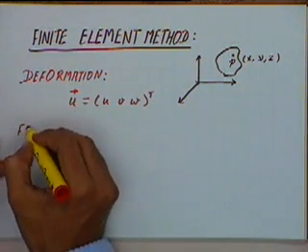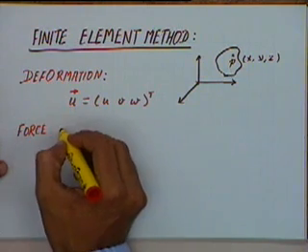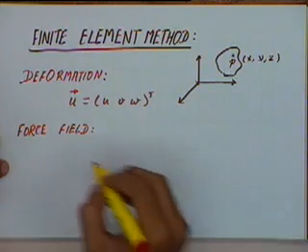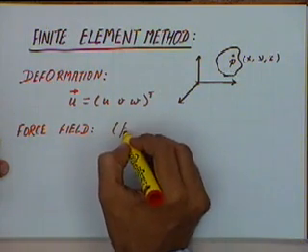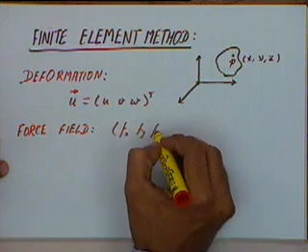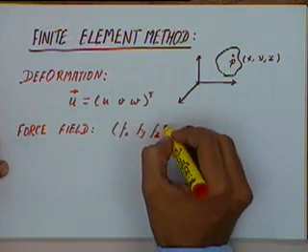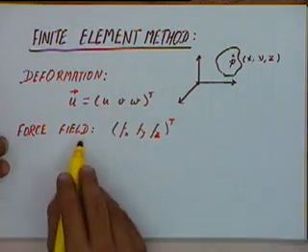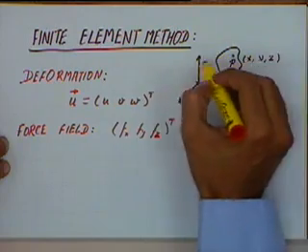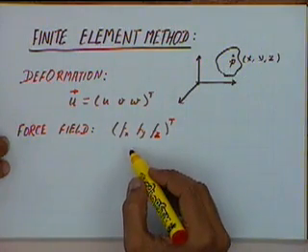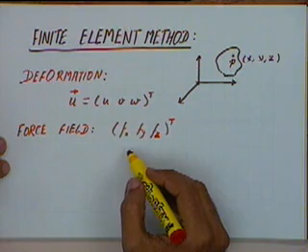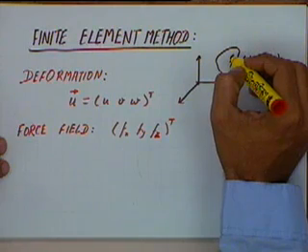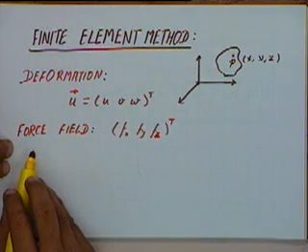Similarly, if there is a force field, that force field will be represented by fx, fy, fz, which is again a three dimensional column vector. This force field is essentially the force field in an object, and this will be force per unit volume. That means the force per unit volume acting at each element in this body is what we refer to as a force field.